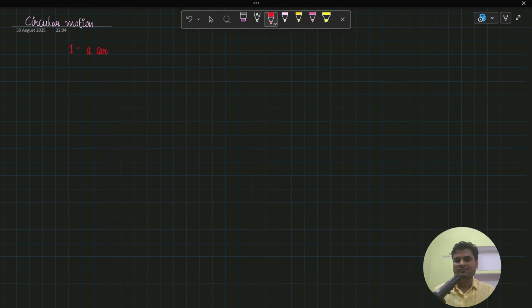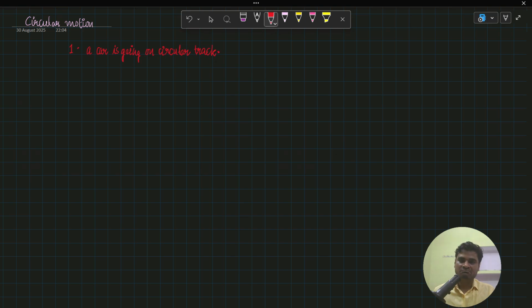A car is going on a circular track and we want to study what will be the dynamics of this motion. What I mean by that when I say dynamics of the motion is that we want to see what are the force equations and what will be the maximum velocity allowed on the circular track to a car or